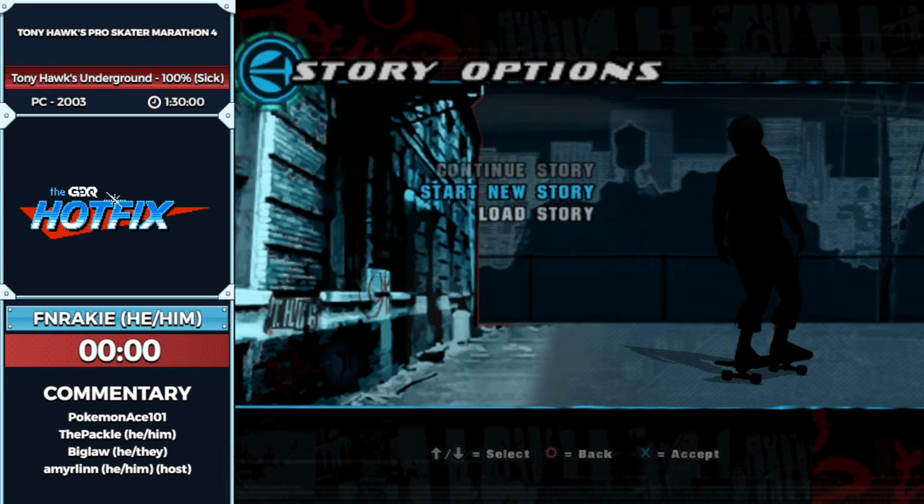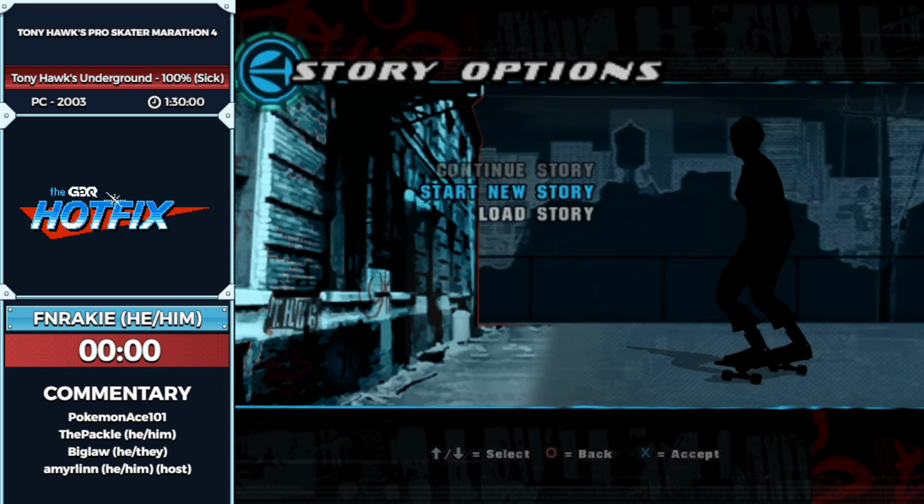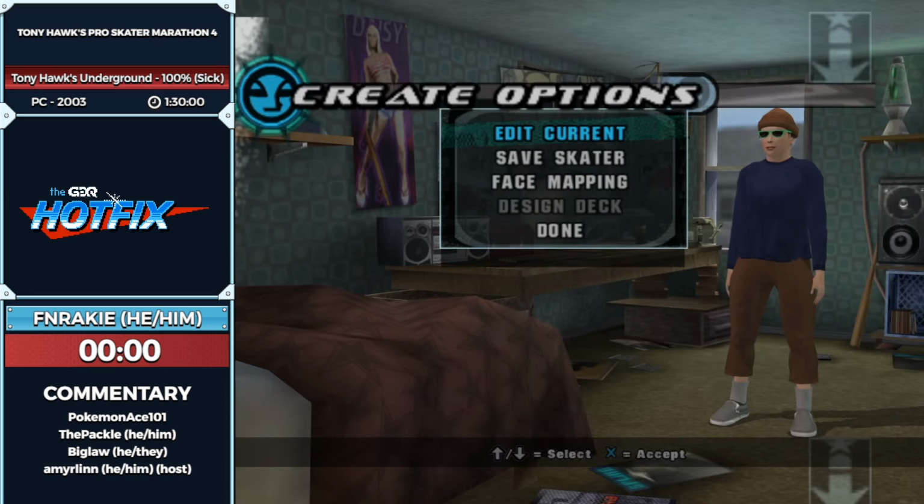We're going to be doing 100%, and we're going to get all the goals, all the secret tapes, all the levels, all the gaps, pretty much everything in this game. And we're going to be playing on sick difficulty. Some games, 100% is like 4 hours. No, we're going to do this in hopefully around 90 minutes. We'll see how things go. This game is actually really hard, so...